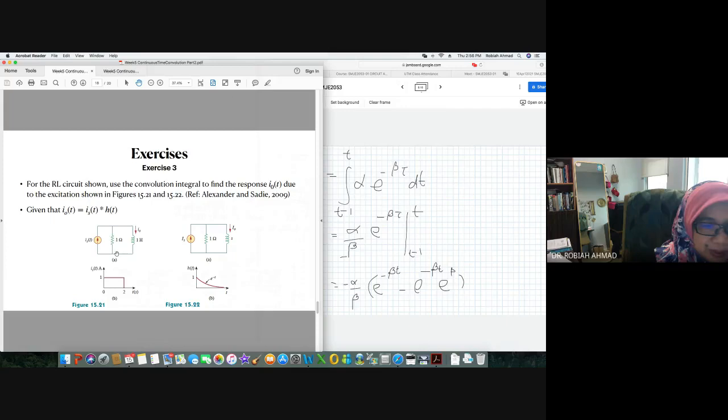So let's say we have a parallel R and L circuit. So kita ada current source di sini. So we have a parallel R and L. And then from the circuit KCL punya equations, so we have the equation for i naught. i naught is Is times h(t). So Is adalah dalam bentuk square. Sini Is is the source, which is a unit step function. And then the h is the decaying function. Maknanya dia makin kurang decay. Okay, kalau if I have this signal class, kalau saya nak buat dalam bentuk